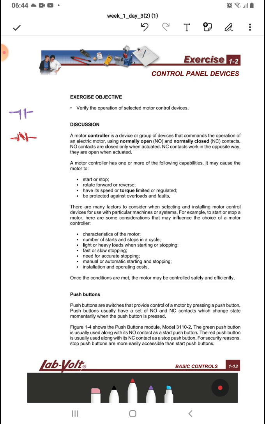Okay, pwede mong i-regulate yan using your knobs. But practically ngayon, ang ginagamit natin to regulate the speed of the motor is yung VFD, variable frequency drive. And be protected against overload faults. So, kasama din sa control panel devices natin ang mga overload relays, yung mga protective relays, and your circuit breakers. So, because there are many factors to consider when selecting and installing motor control devices for use with a particular machine or system. For example, to start or stop a motor, here are some considerations that may influence the choice of